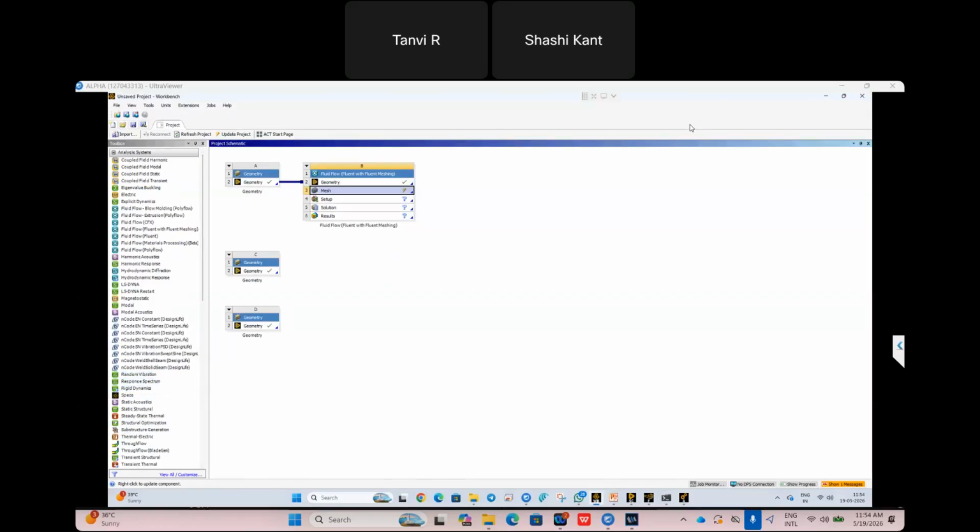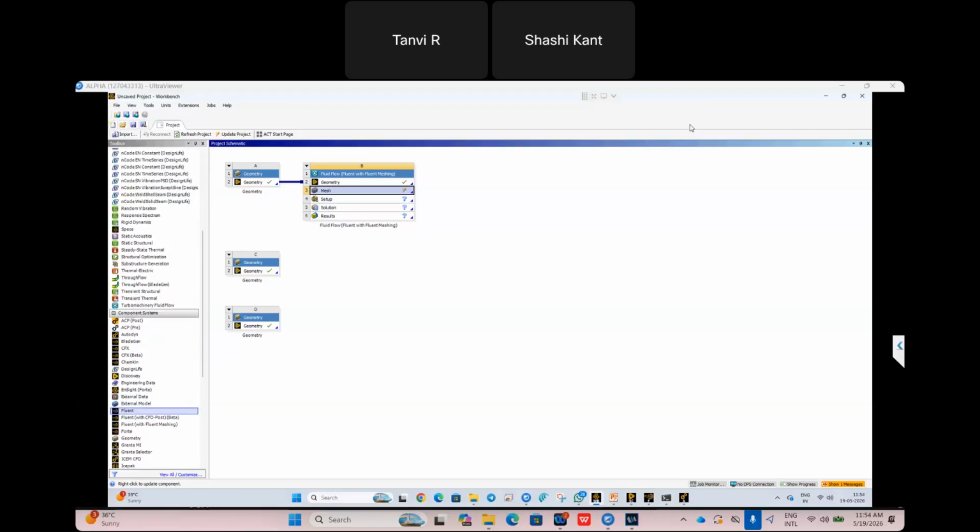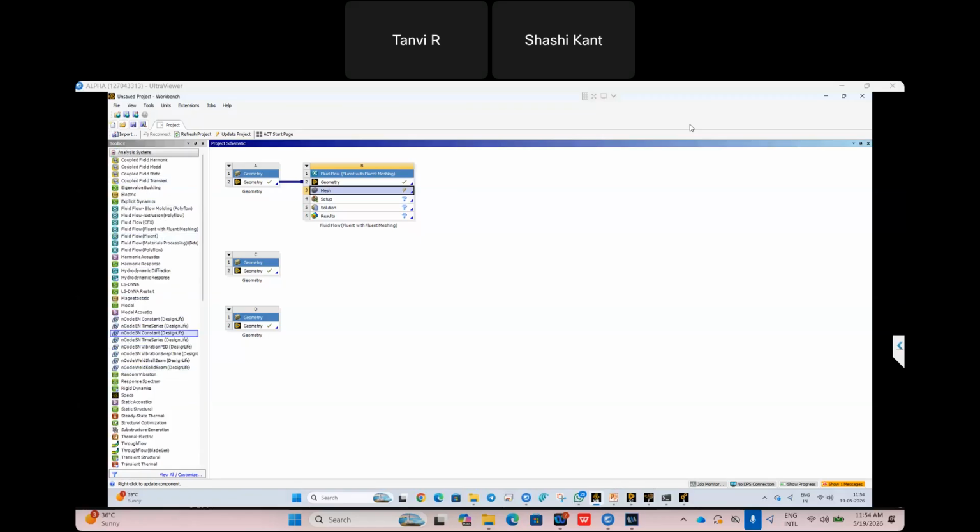So let's suppose I want to import any geometry. We have the bottom as components, and at the top this is a complete template. As I told you, multiphysics, so we can couple together. Here we have a fluid, a harmonic, LS-DYNA, an explicit dynamics, a SPOS, optimization, and transient thermal simulation. So all are there. I will start with static structural analysis. I will just click 2 times on this.